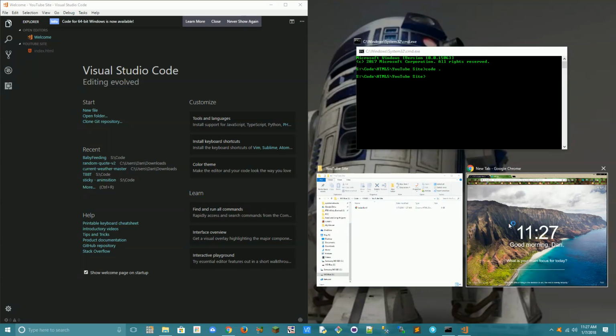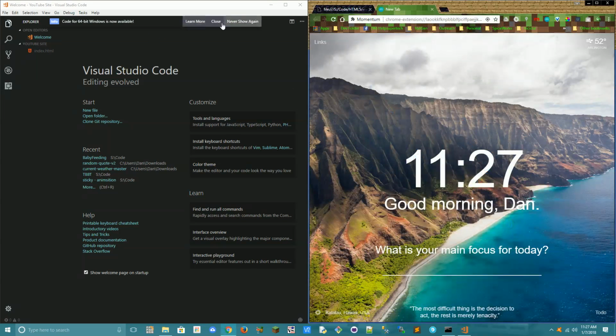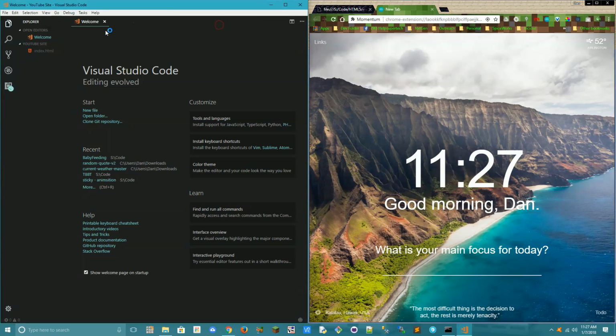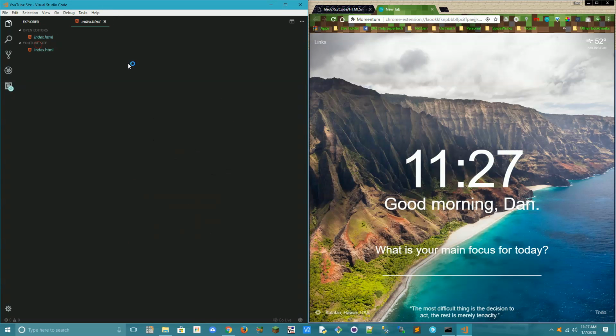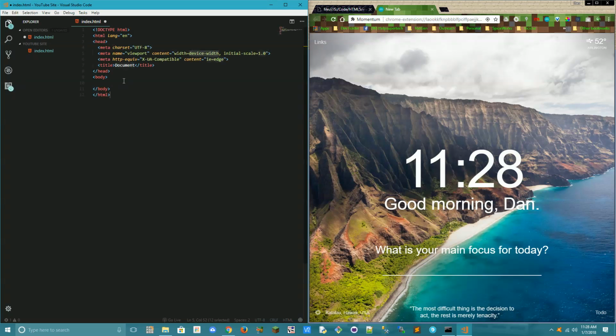Let's just do this for now. So now we've got two windows open. Index.html. I'm using the Emmet plugin. It comes already pre-installed with Visual Studio Code, and what that means is I can just type an exclamation mark and